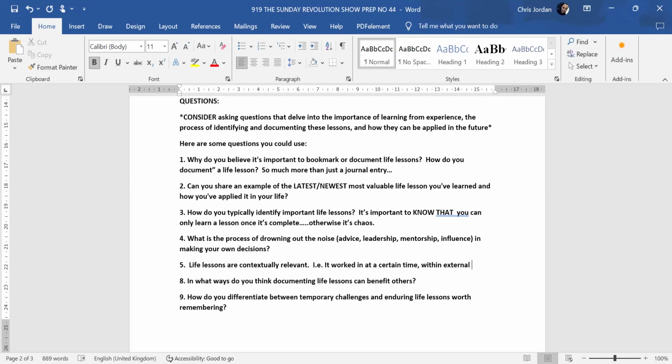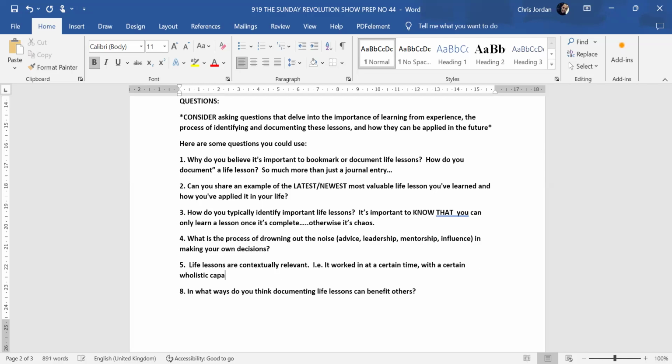Oh, damn it. Okay, within external, let me try and reword it. With a certain time, with a certain capacity, holistic capacity,